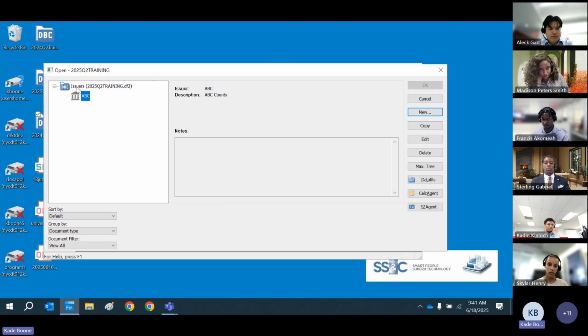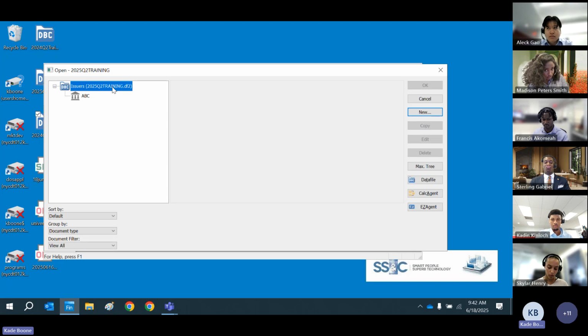I know it's a little confusing. It says issuers, but think of the .df2 as a database. Within each database, that's where you create as many issuers as need be. Okay, and again, I'm going to try to go somewhat close to the tutorials, but also want to show shortcuts and new features that have occurred since the last time we created the tutorials. But from this database, you can create as many different issuers, and then within each issuer is when you create